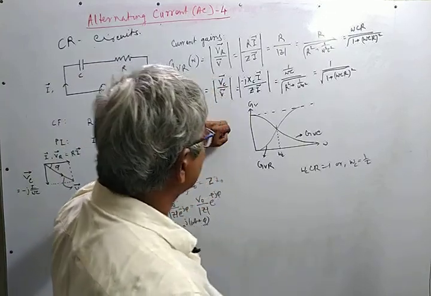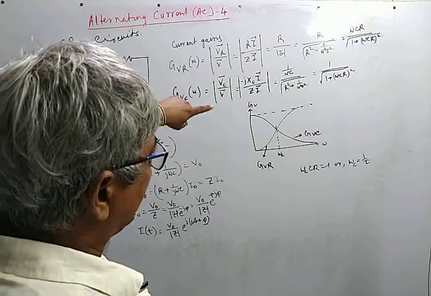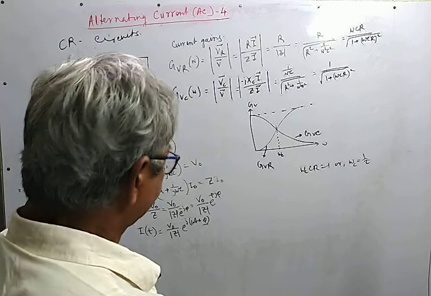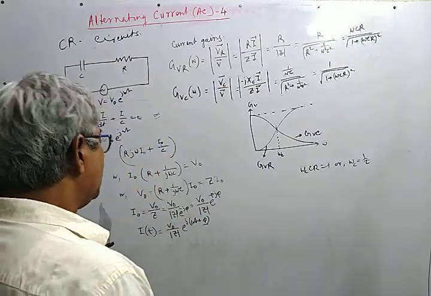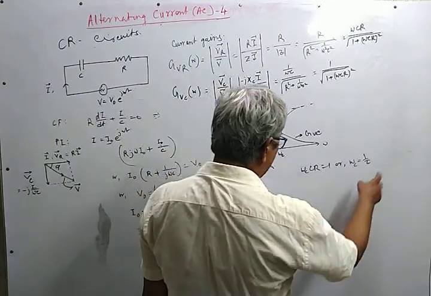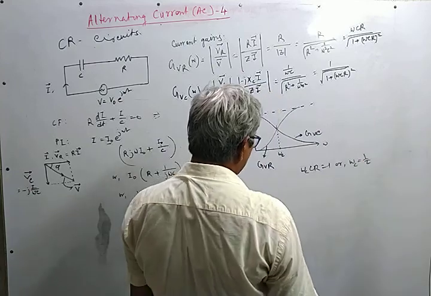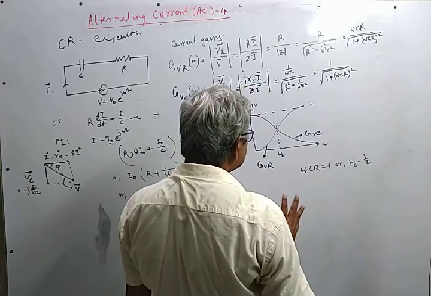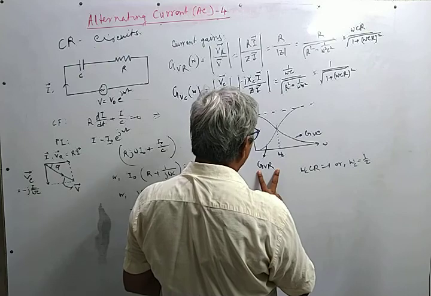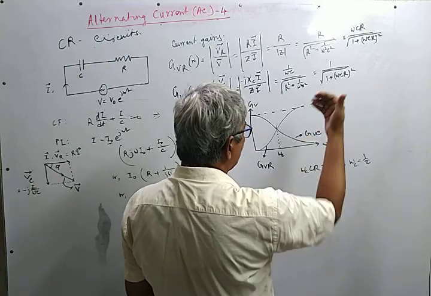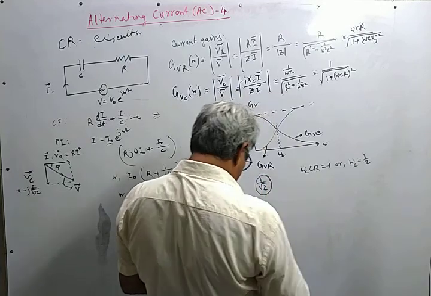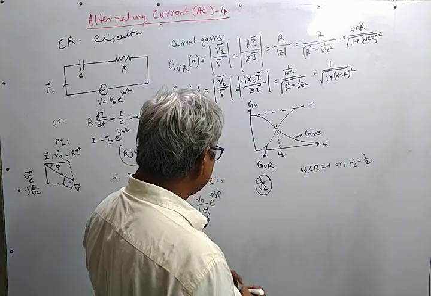This theory has been implemented in one of the experiments of the CU electricity magnetism course. This filtering action has to be studied, and one has to identify the cutoff frequency, and from that we can calculate the time constant. Somebody suggests finding the maximum value of GVC and going to 1 by root 2 times its value,